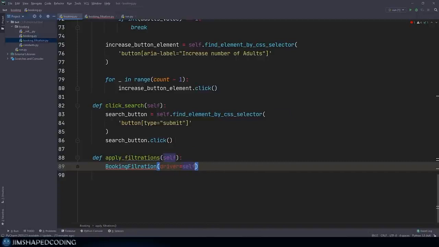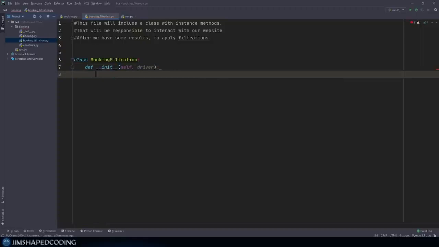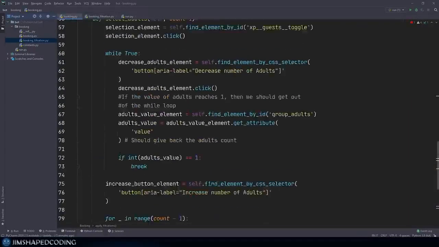So that's why we should go to our booking.filtration and basically receive here driver as a parameter. So before we continue working on this one, let me quickly fix the errors in the other file. So I will write here pass to ignore the errors, and I will go to booking.py and I will basically